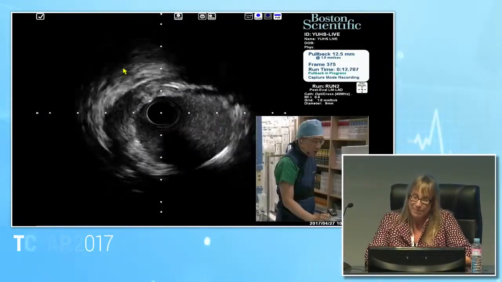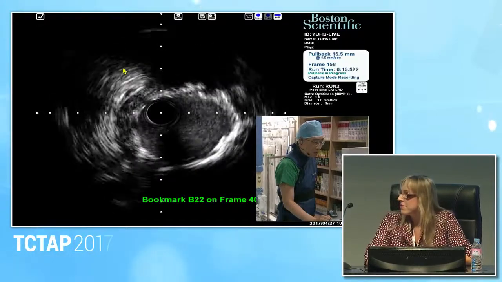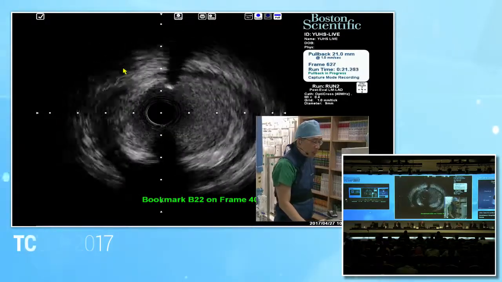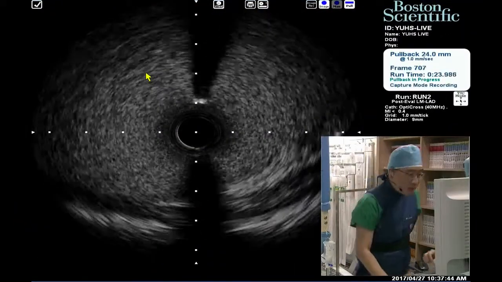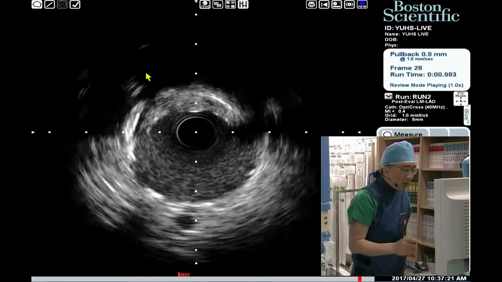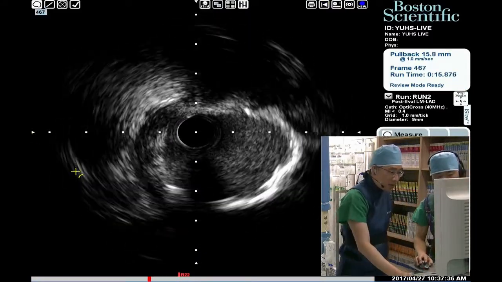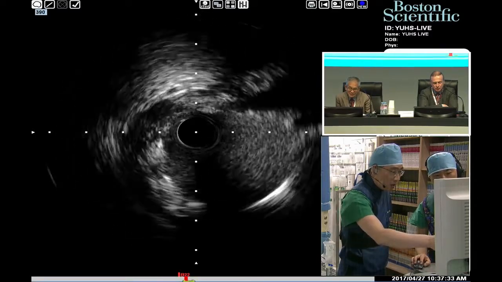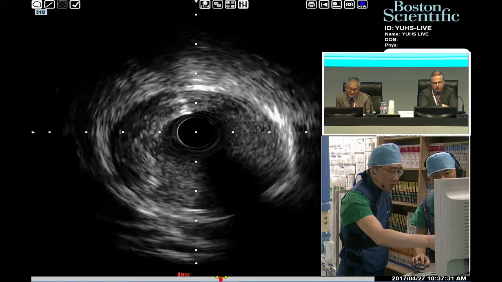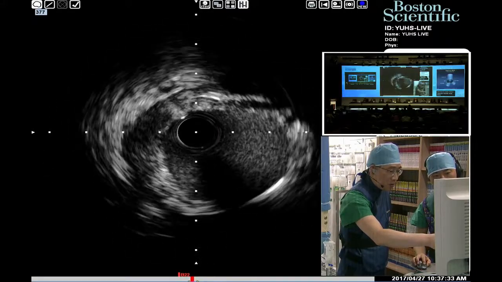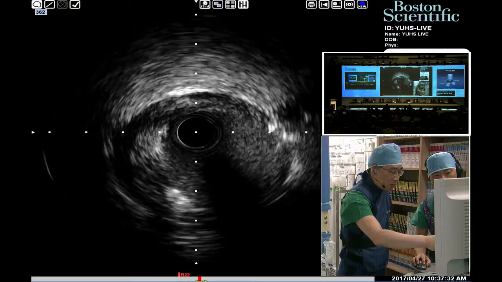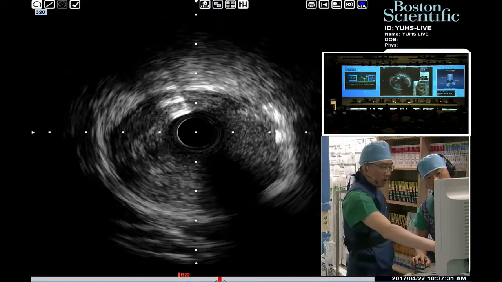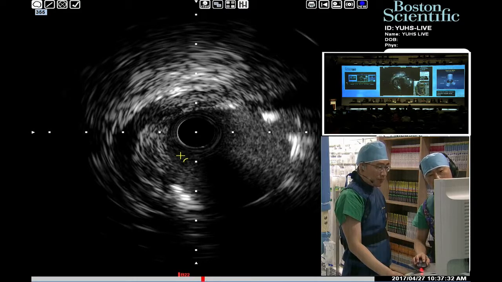Actually, one of my friends said PCI is a contrast and angio-based procedure, not IVUS-based. It's more expanded compared to before. What is the opinion about this IVUS? Let me check the area again. If there were some hemodynamic change, we had prepared the pressure wire for the obtuse marginal. But from a practical point of view, nothing happened, so we don't need the pressure wire, which saves resources.